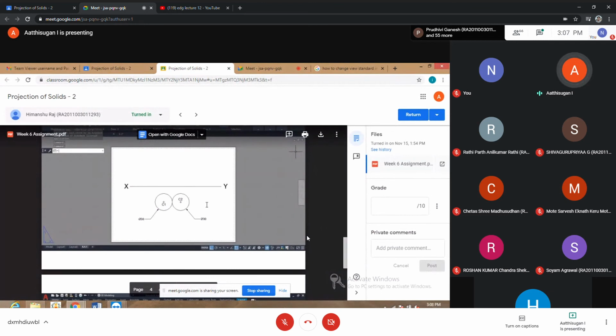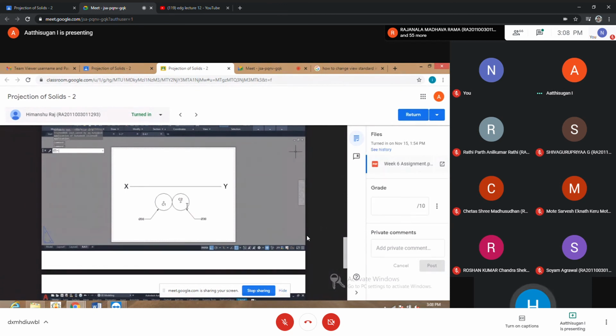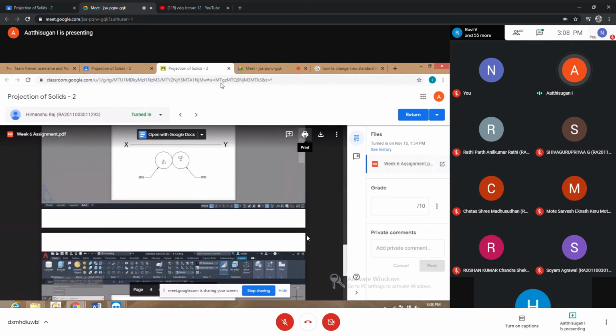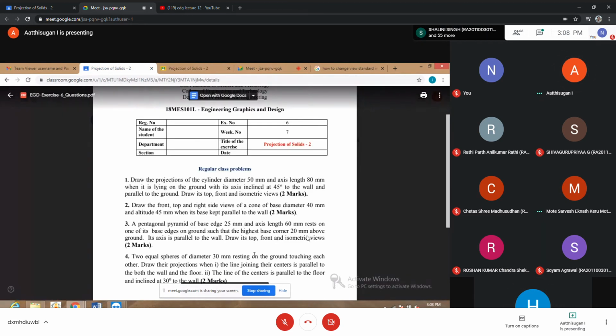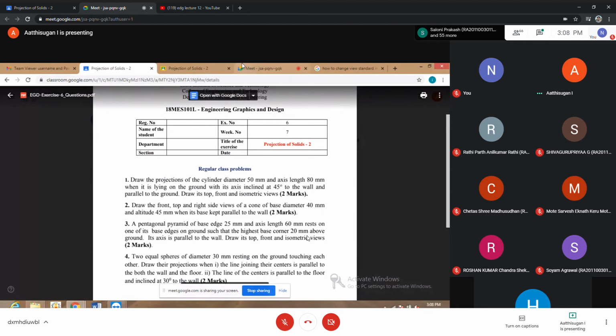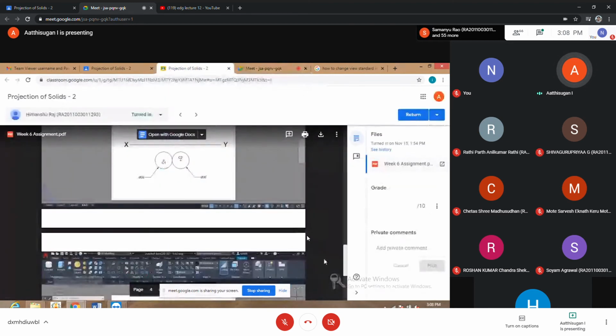Then where is the front view here? Sir, I only drew this view because the question wasn't asking for the front or top view. Projection means you draw the front view, top view, side view. Not projections means front view, top view, that is the main thing. In addition, you can draw side view or isometric. Here they gave the isometric and asked for the side view. So for projection, the front view and top view must be there, at least.